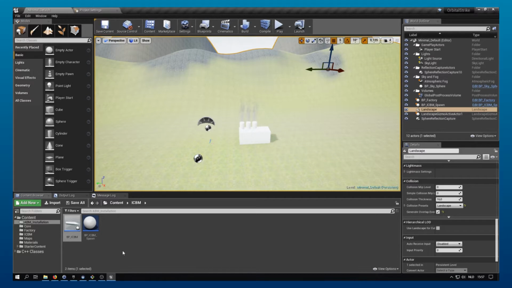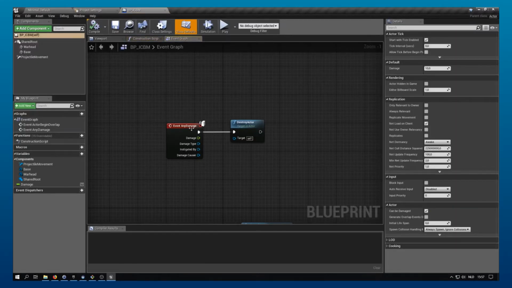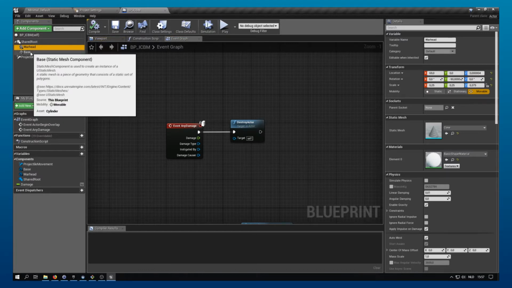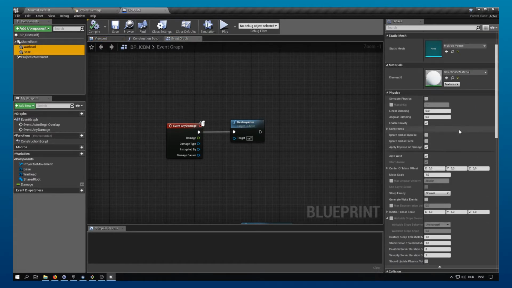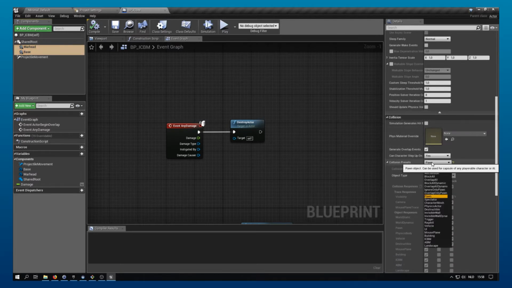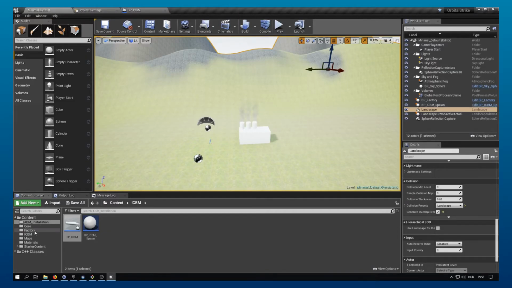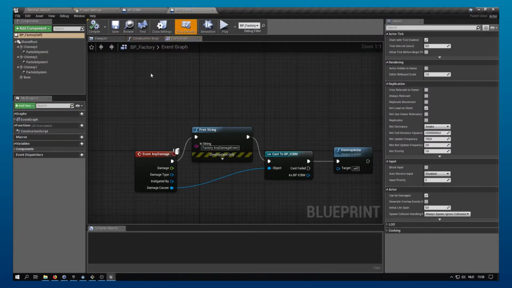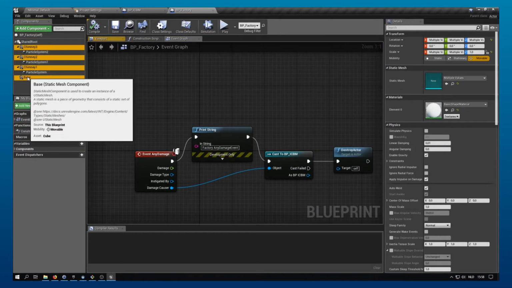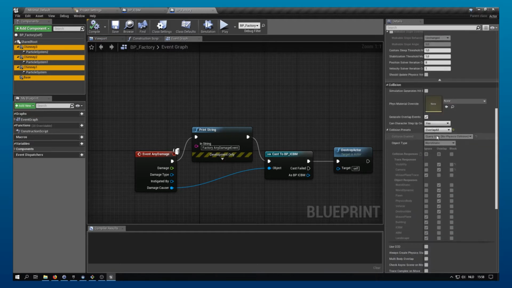So save, then edit the ICBM, click the warhead and the base with control to select them both, collision preset set to ICBM, make sure overlap events are enabled, compile and save, and go back to the content browser and let's edit the factory. So select all the chimneys and the base and scroll down, collision preset to building, oh, misclick, building, make sure overlap events are enabled, compile, save,